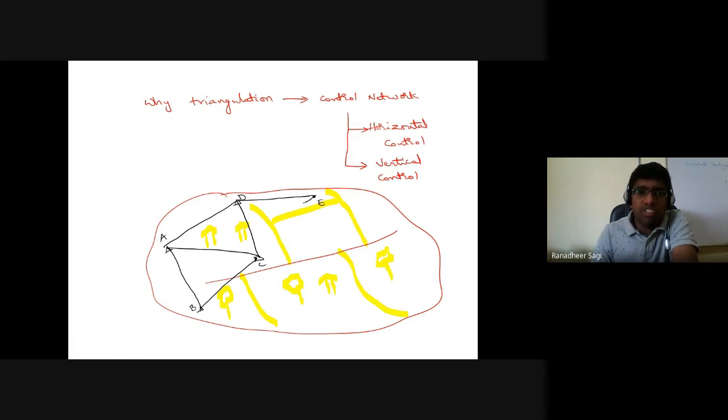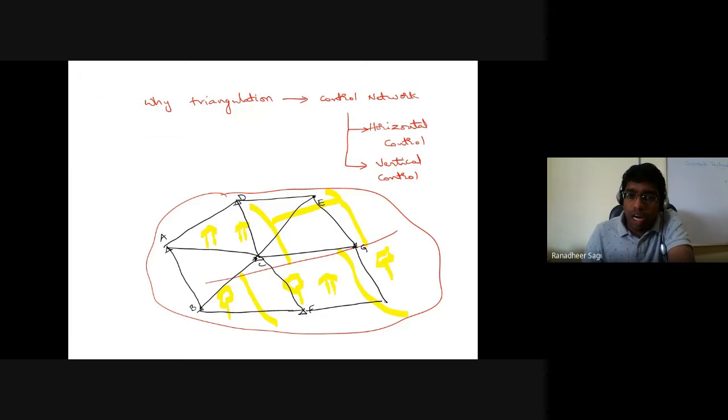So ultimately, I am just trying to develop a network for this complete area in the form of what is called triangulation. This network, whatever we are trying to prepare by simple representation of triangles and so on, we are calling it your triangulation network. The network we prepare may not always be only triangles. We'll also come across different types of triangulation figures. Not just simple triangles, it could be quadrilaterals and so on.